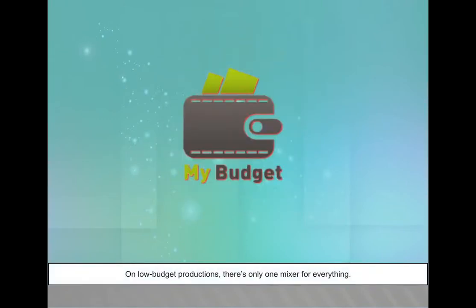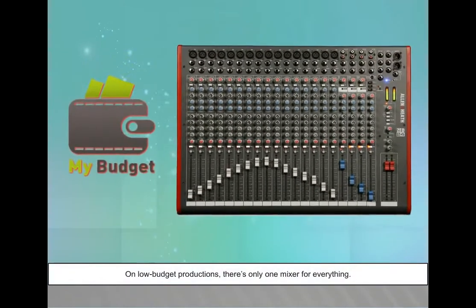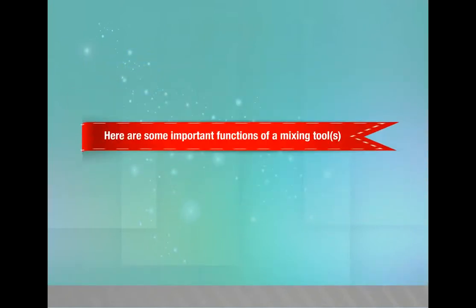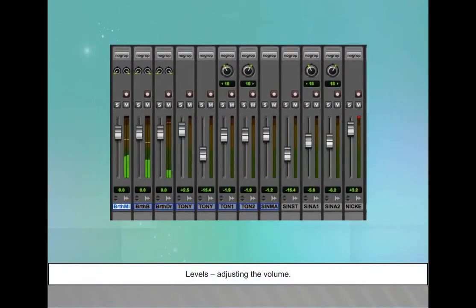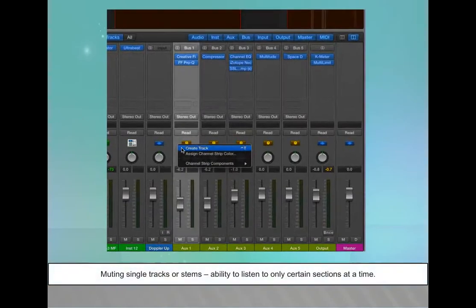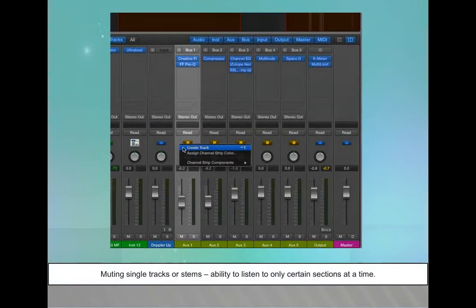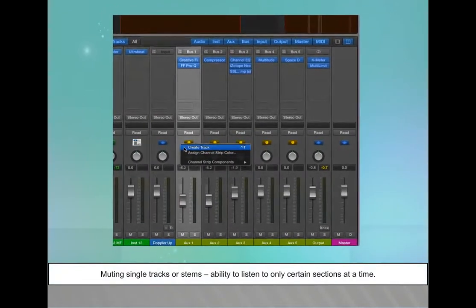On low-budget productions, there is only one mixer for everything. Here are some important functions of a mixing tools. Levels, adjusting the volume. Muting single tracks or stems, ability to listen to only certain sections at a time.